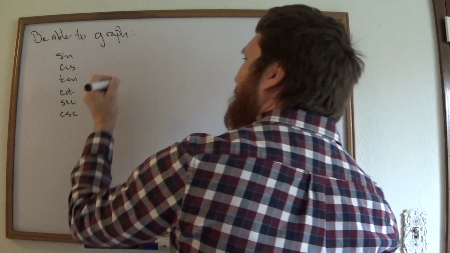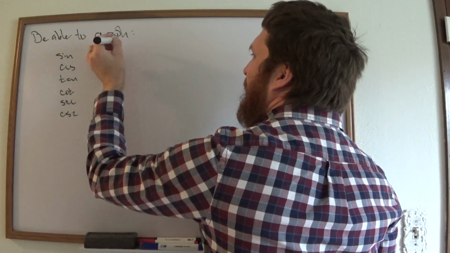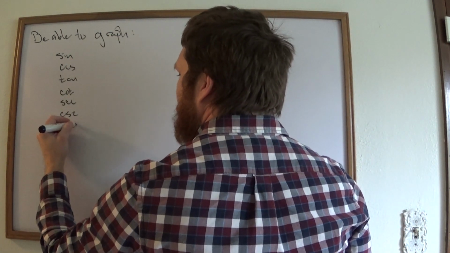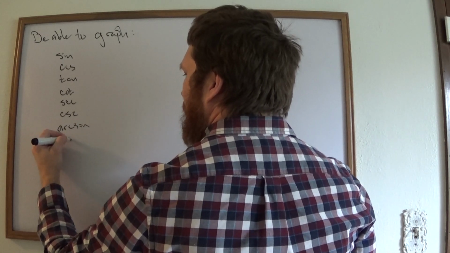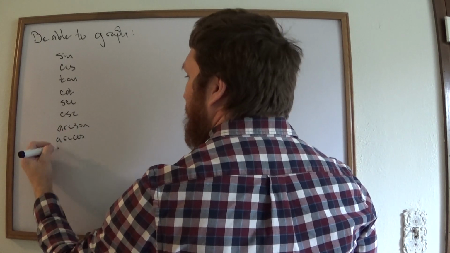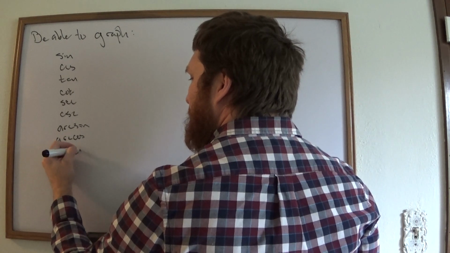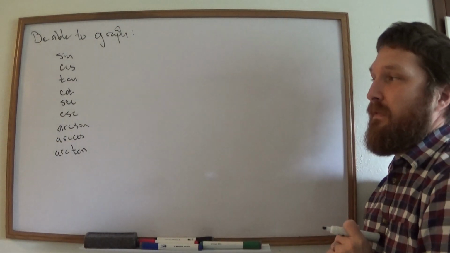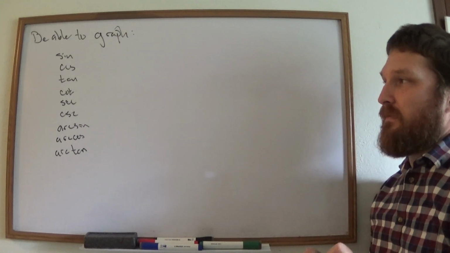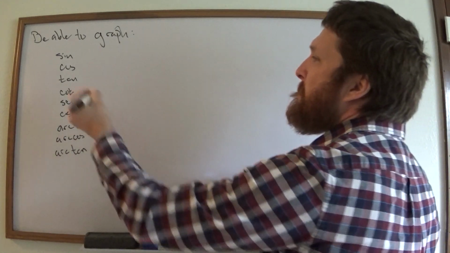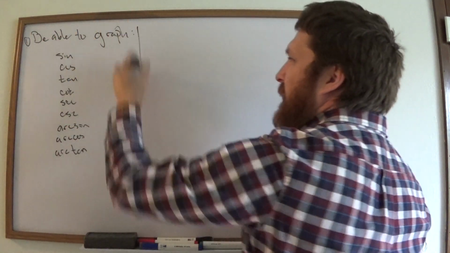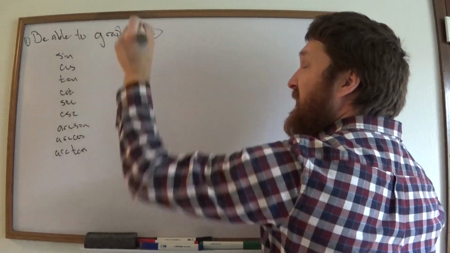And also be able to graph arc sine, arc cosine, and arc tan. For every single one of these, one, be able to graph all of those. Two, for each of them,